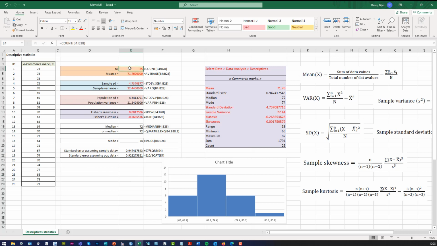So let's look at the function method first. If you want to count the number of numbers there, we know it's 25 because luckily I've put the ID in there. But we can use the Excel function count from B4 to B28 to give us 25. Now, because we're dealing with numerical data, we'll use the mean as our average, and the Excel function to calculate that is average. So equals average B4 to B28 gives us a mean value of